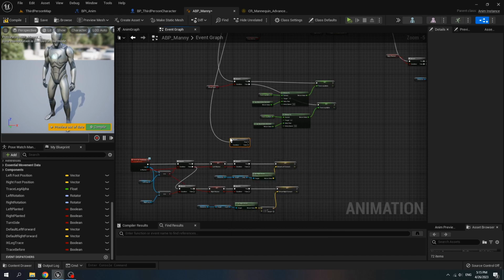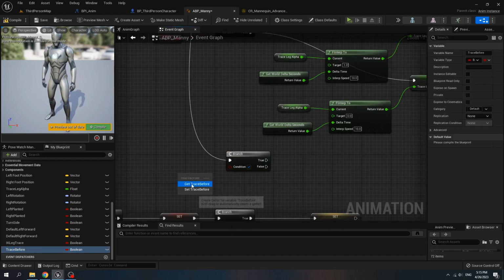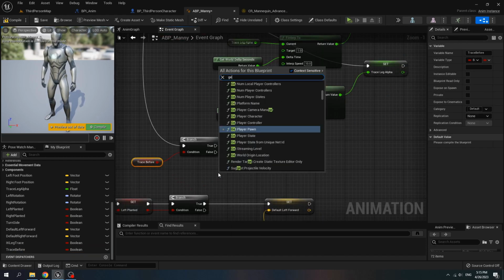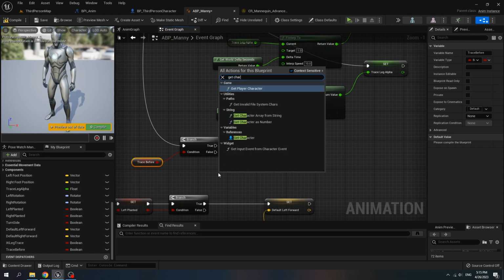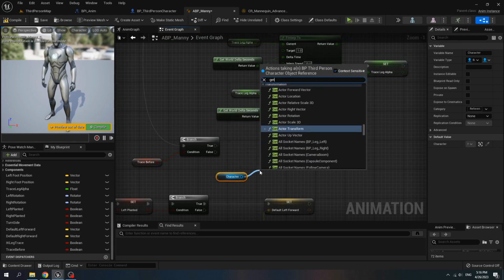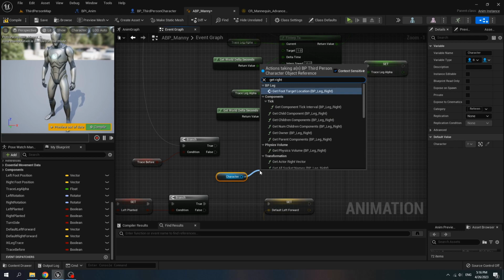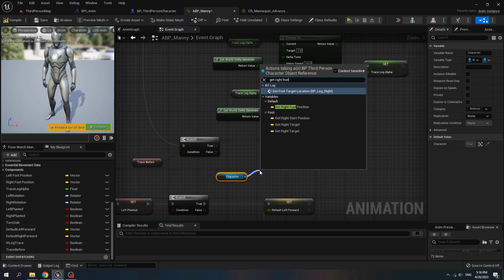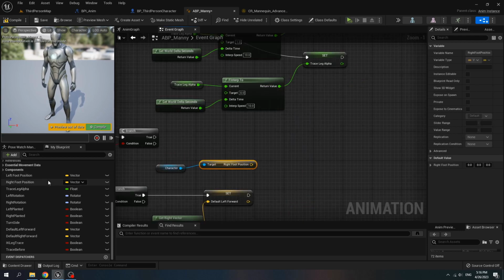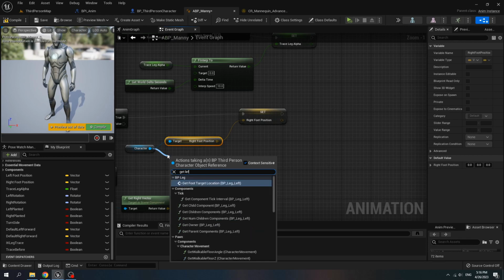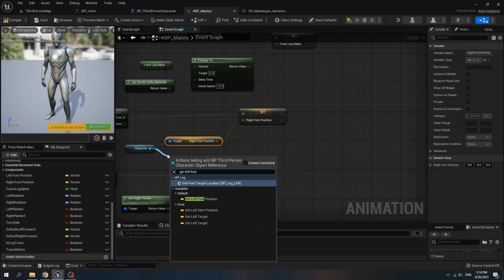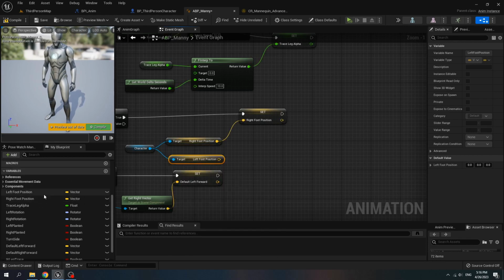Create a branch, get trace before, get character, get right foot position, set it to right foot position if it's true, get left foot position, set it to left foot position.